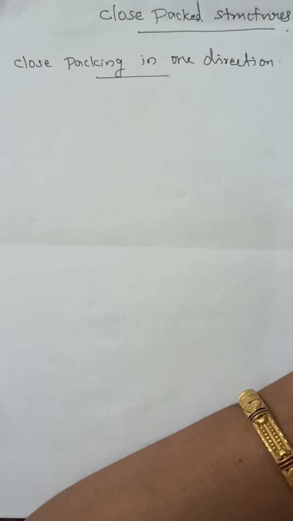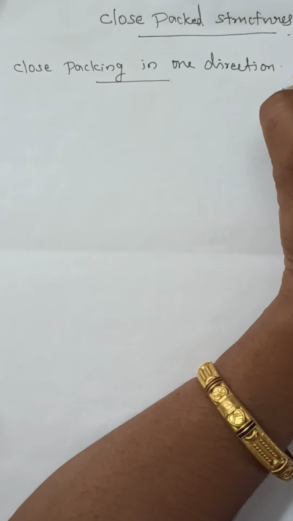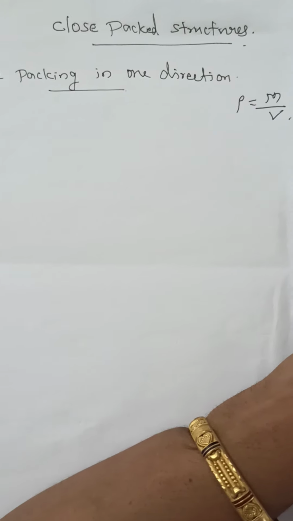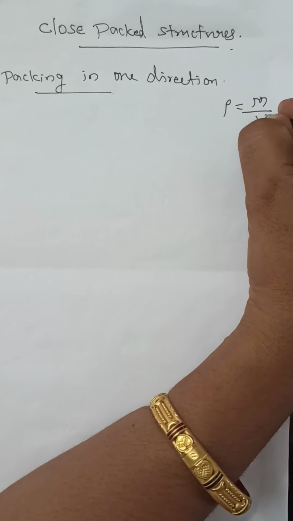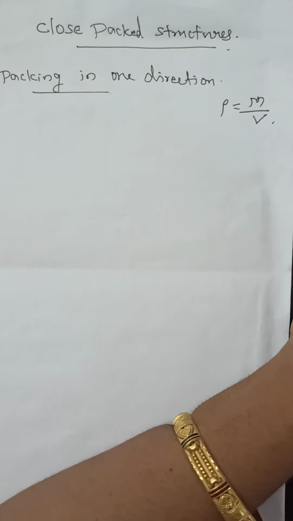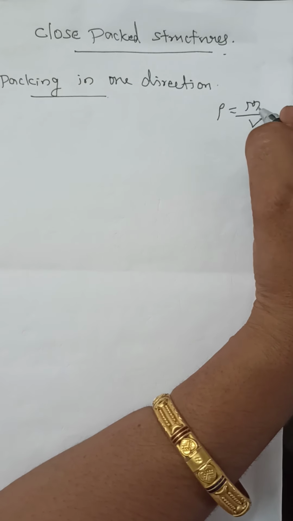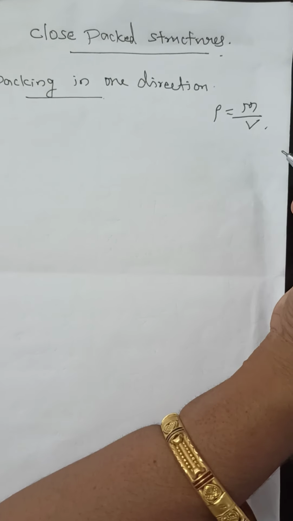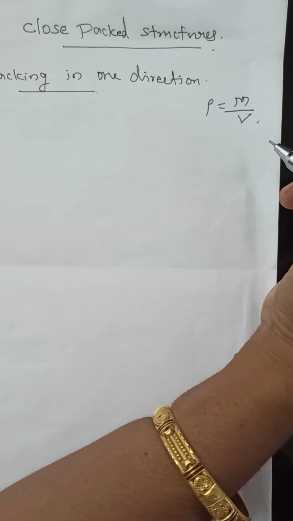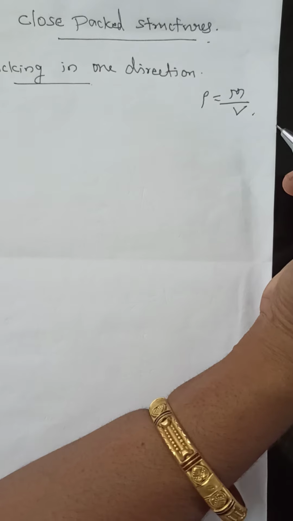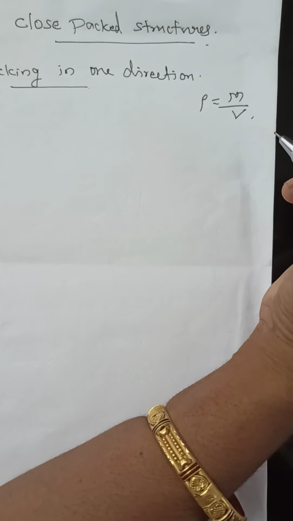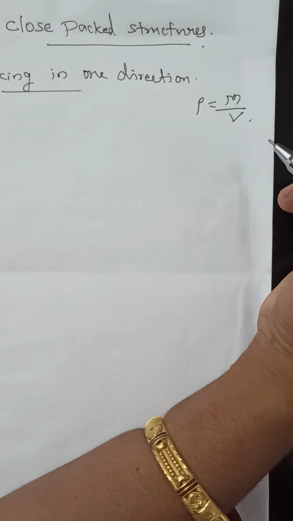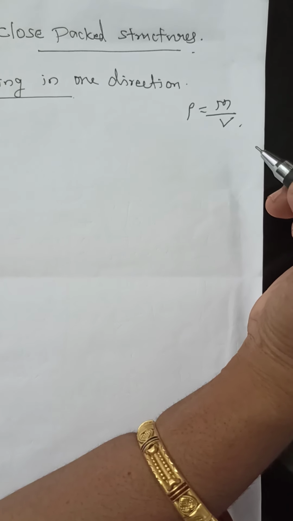The same way, crystals have high density. We know that density is equal to mass by volume. That means in a small volume, a larger number of particles are arranged, so mass will be more and volume will be less. So the density of the crystal is very high. Crystals are highly dense in nature because of this close packing arrangement. That means there will not be much vacant space between the particles. In that way only the particles are arranged.